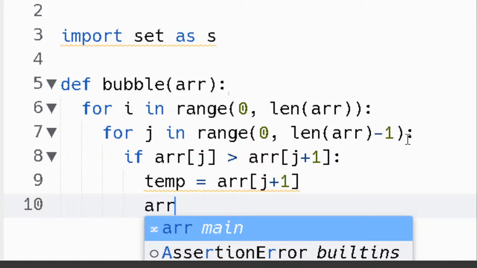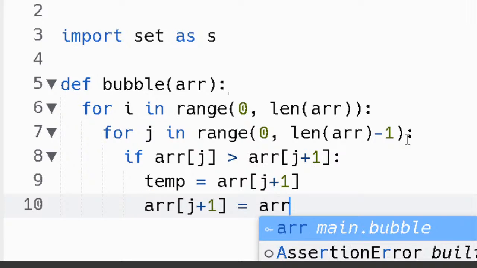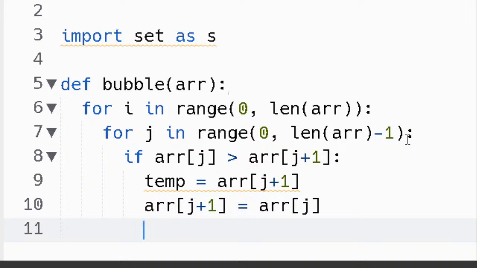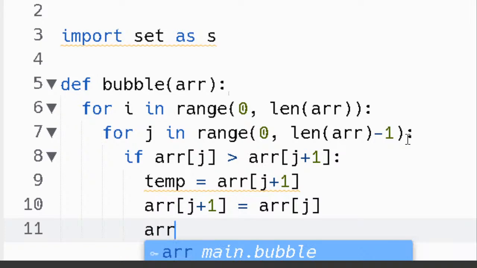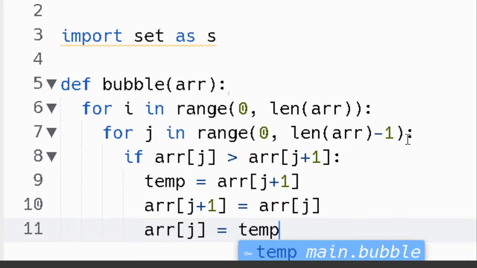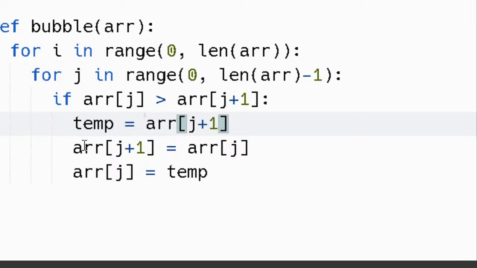We're going to take r[j+1], set that equal to r[j], and r[j] will be set equal to our temporary variable. So we're just taking these two numbers and swapping their places. I have to store it in a temporary variable, because if I didn't,